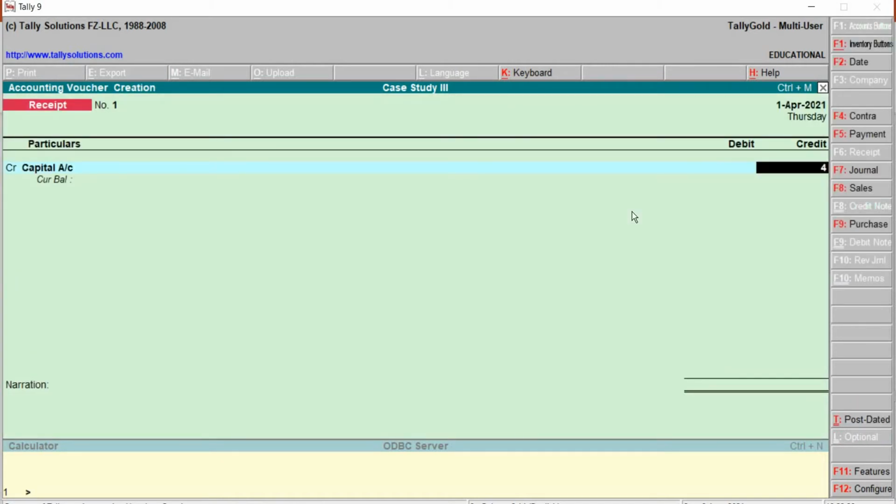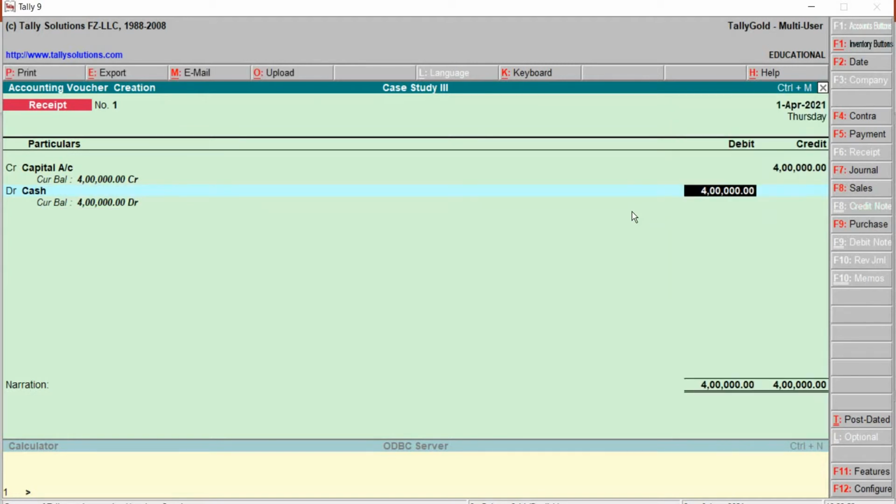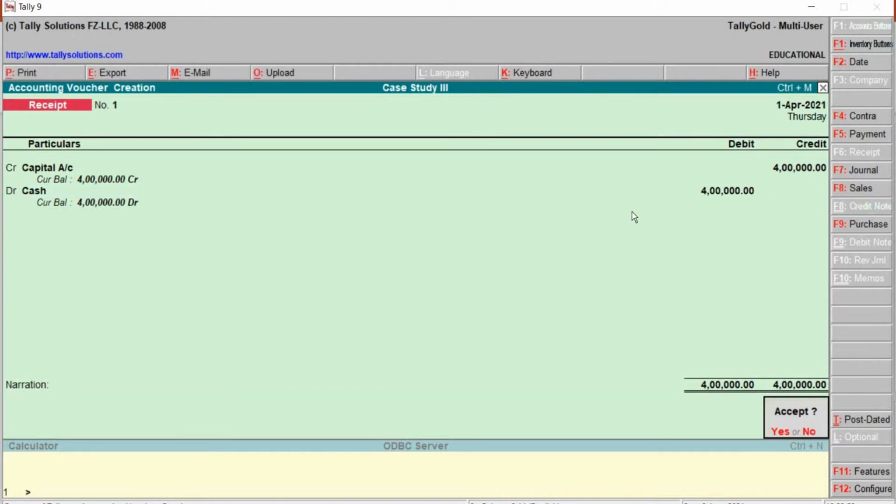The amount is 4 lakh. Correct. Debit will be cash, down arrow key which is already provided by Tally, 4 lakh. Type the narration, then save. Press Y from the keyboard.